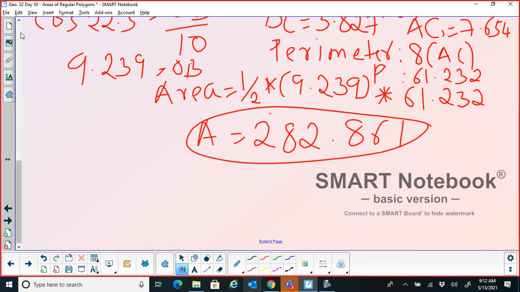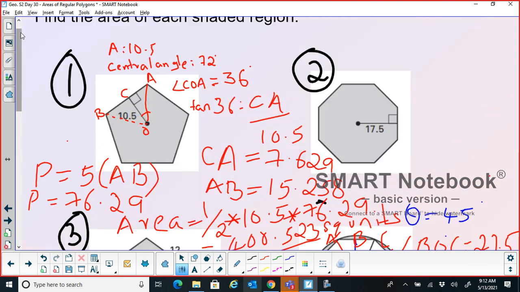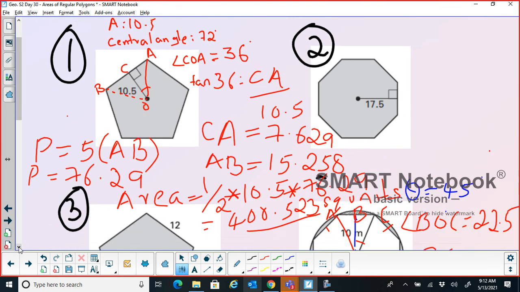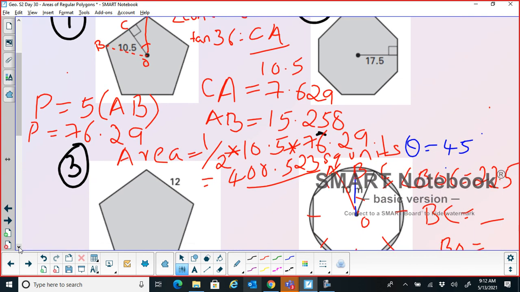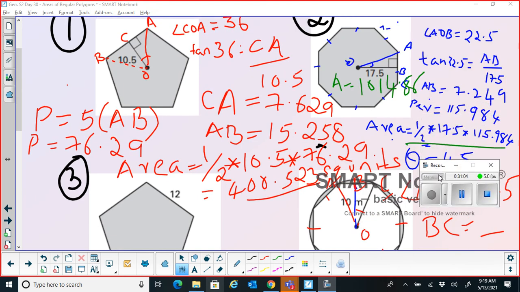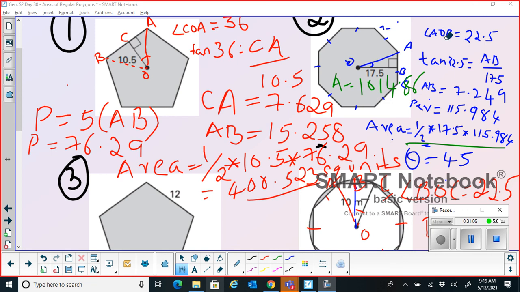I hope most of you completed the second and third problem by now. I'll give you a couple more minutes to work on second and third, and then I will just directly display the answer. Just take a look at the solution. Here we had angle AOB as 22.5. It's an octagon, so the central angle is 360 divided by 8, and this angle is half of that, so 45 divided by 2 gives 22.5.